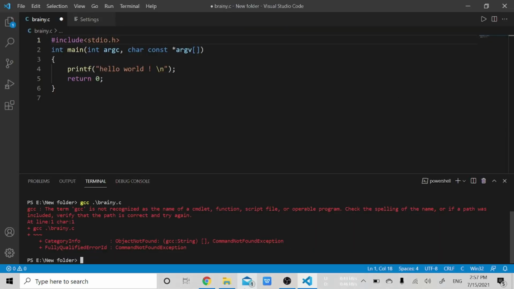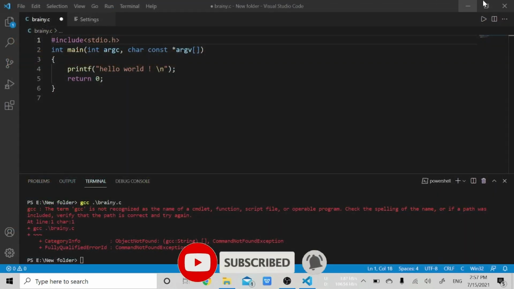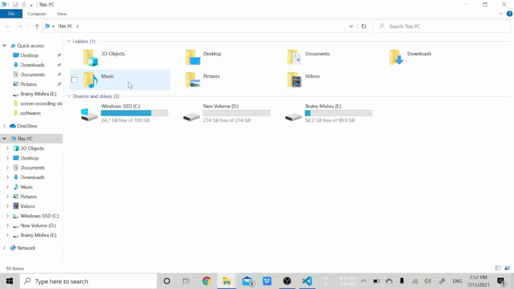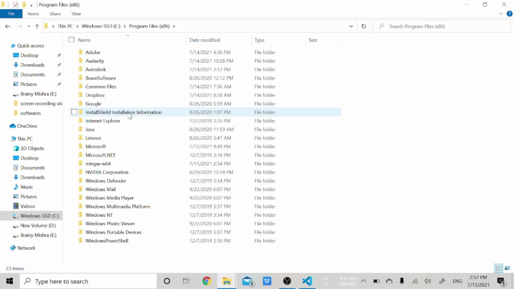So I will close this Chrome browser now, and I will minimize this and open my PC. After opening your PC, if you have not changed any setting or done as I have done, click on the C drive and then move to Program Files (x86), and then search for MinGW W64, right?